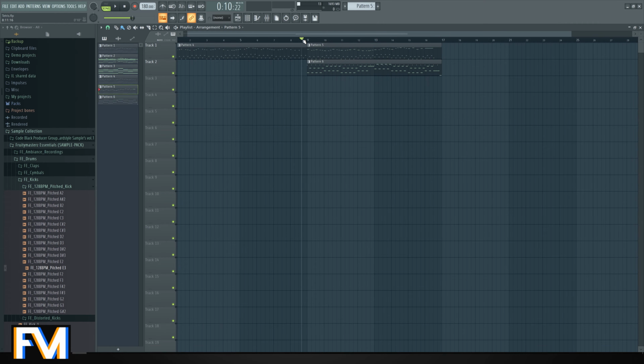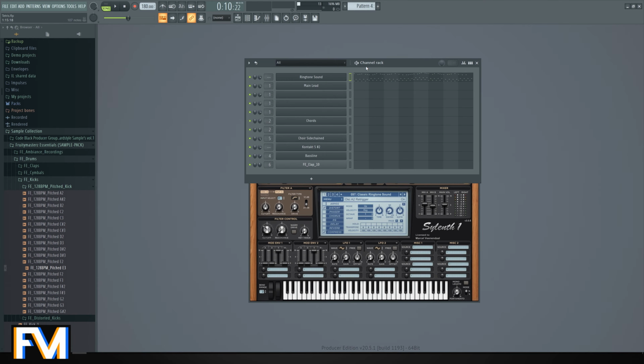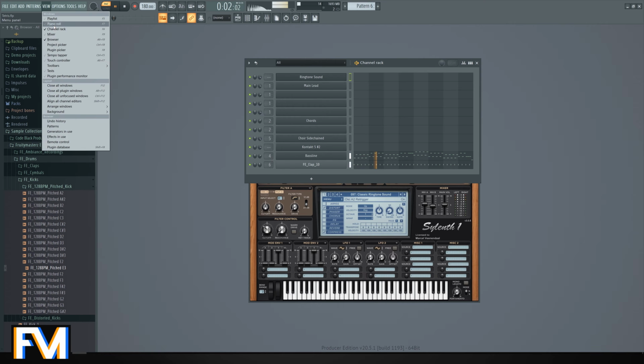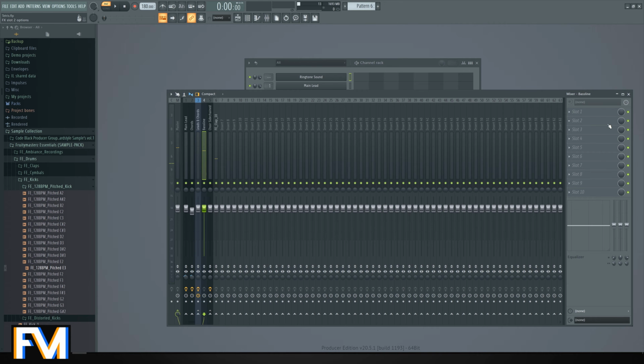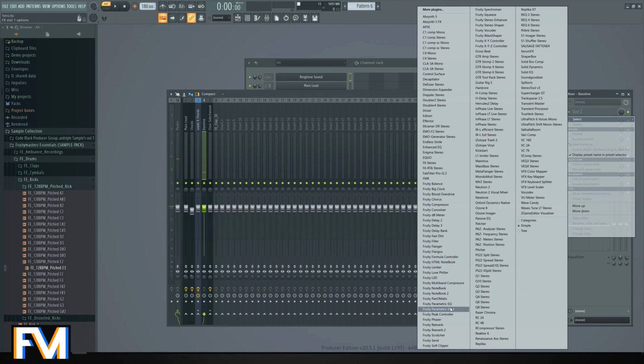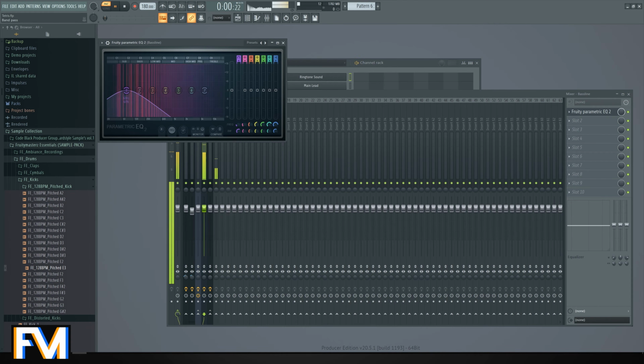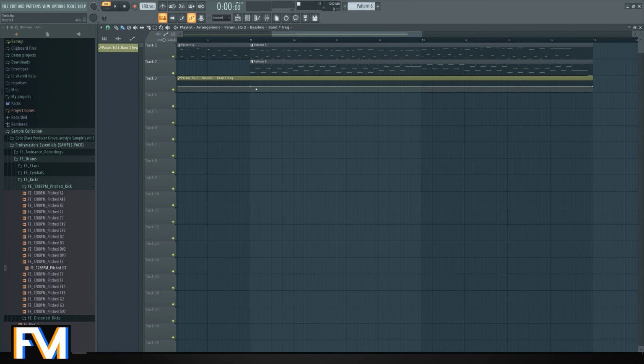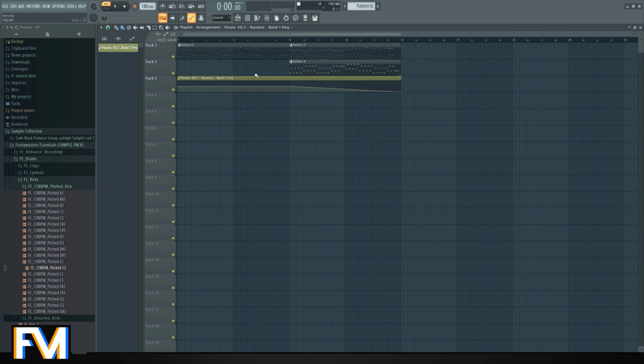Now let's do something with the bass line, some modulation. I'm thinking filter. Let's make it simple by using an EQ. Okay, we need to use this one. Creating an automation clip. So it starts here and it slowly goes down. And we can keep this part.